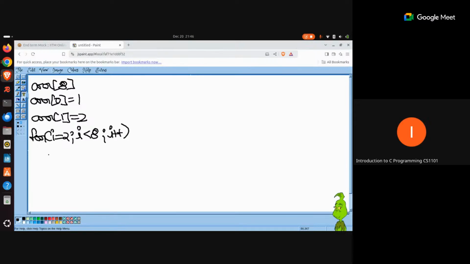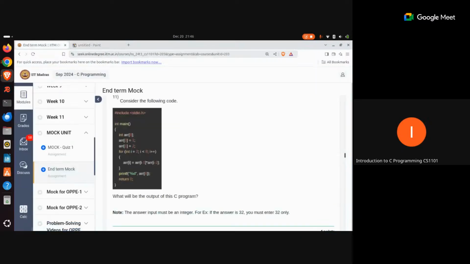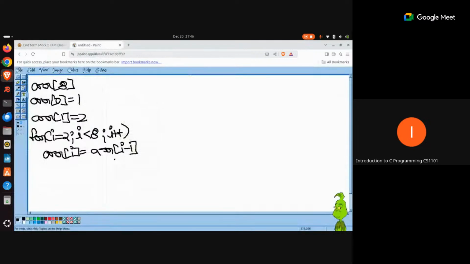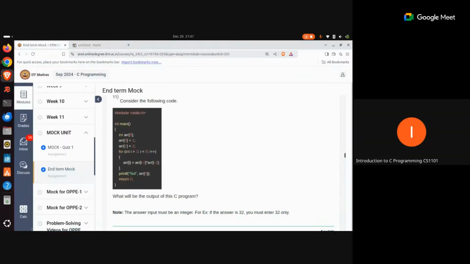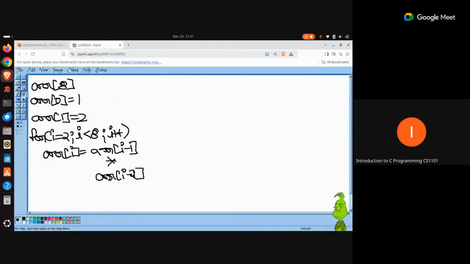And here what you are doing is, you are saying ARR I is equal to ARR I minus 1. Is it multiply or plus? It's multiply. So you are multiplying it with ARR I minus 2. And then you will go about doing this. And at the end, you want to print the value of ARR 6. So as long as we are able to get the value of ARR 6, we can stop. We don't need to go any further.